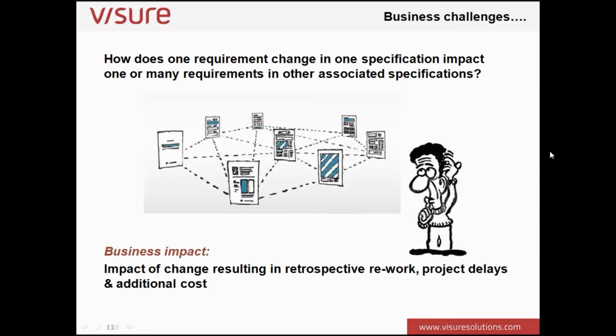So now let's look at some of the business challenges associated with those issues. So how does one requirement change in one specification impact one or many requirement statements in the other associated documents? Well, I've already gone through the fact that one change to one system requirement can actually have an impact on 5, 6, or 7 other documents if it's part of a project lifecycle. Or if I go back one step further, if my customer asks for one change to one of their original requirements, you need to very quickly assess in real time what is the impact going to be, what is touched by that change, and if I understand quickly what is touched by that change, you can much more quickly assess what is the cost associated with that